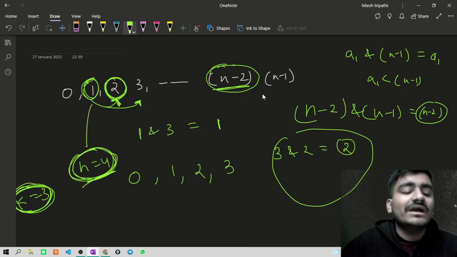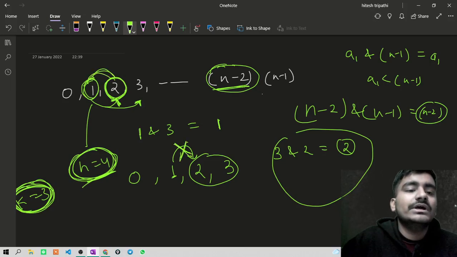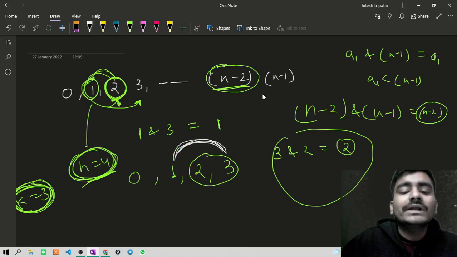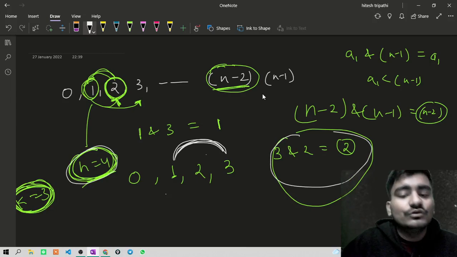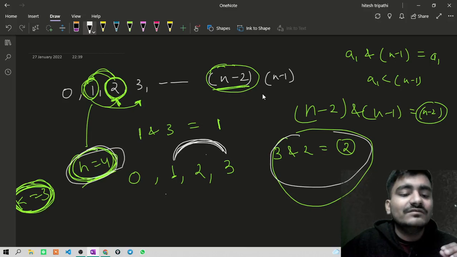This is the same case when I need k equal to 3, that is, sum as n minus 1. So I made a pair of 2 and 3, but now I cannot make a pair of 0 and 1. I would have to make a pair of 1 with some later number, and a pair of 1 cannot be made with 2. That is wrong, which I already told you here. I can make 1 with 3 only, but I already used 3. So that's why in this case when n is equal to 4, I do not have a valid solution.